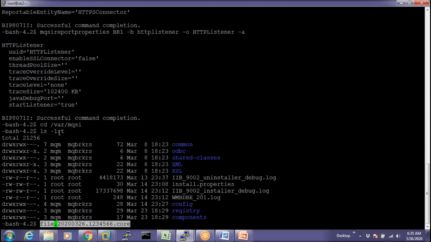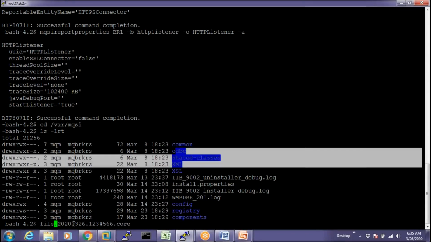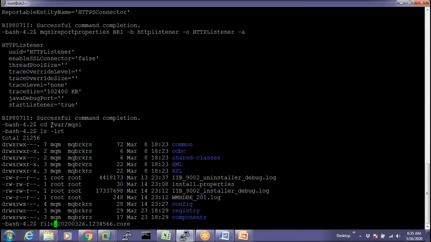If the file system has 20 GB, and 10 GB is already used by the brokers, and 10 GB is occupied by the core dumps, now this var mqsi file system reaches 100% utilization.